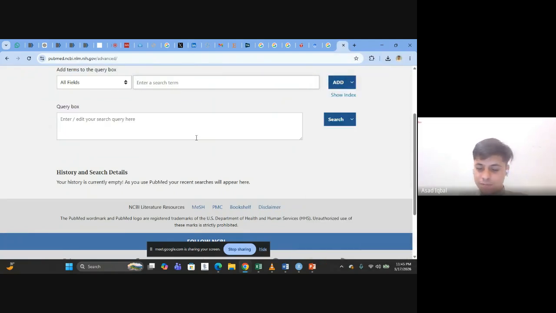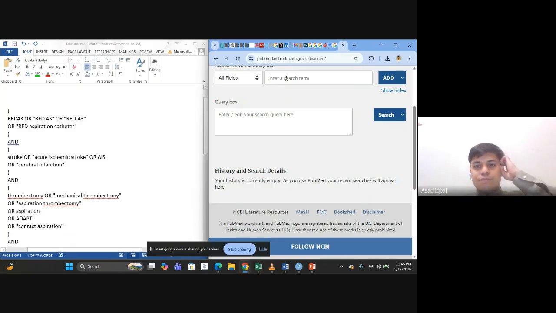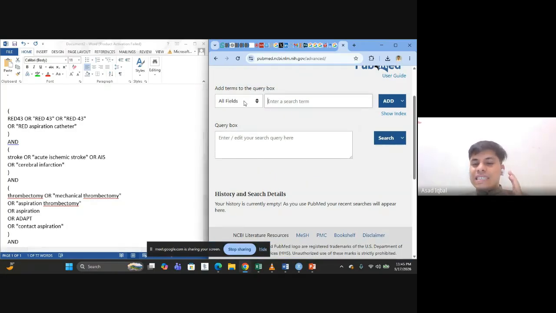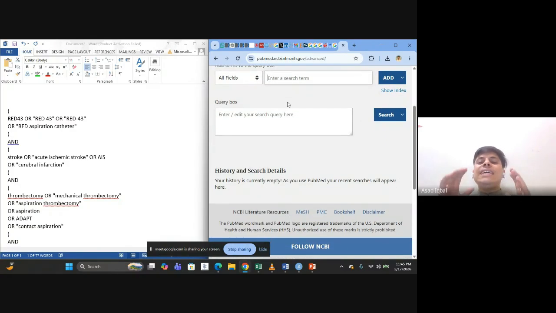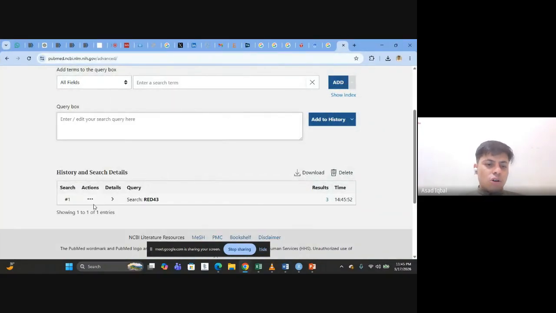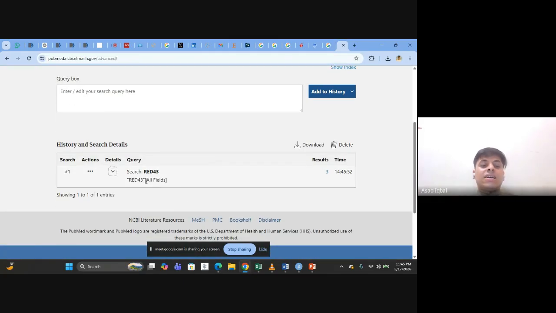Okay, let's go. Need to make it half. Now you see this bar. Here it says all fields. All fields means if you are entering a specific word, for example red 43, and you just click enter and search it, add to history. When you expand it, you are telling PubMed to pull all the papers which have red 43,